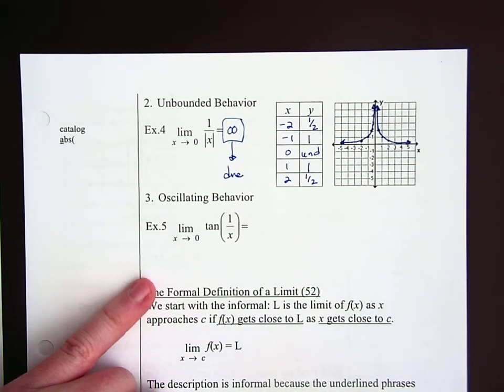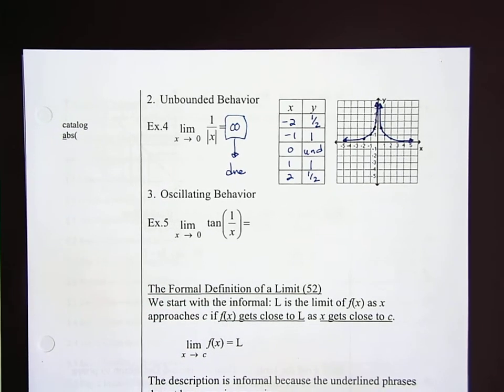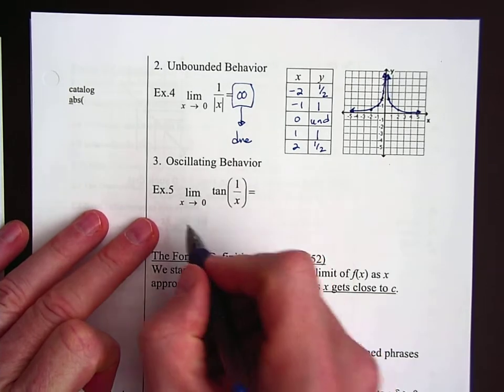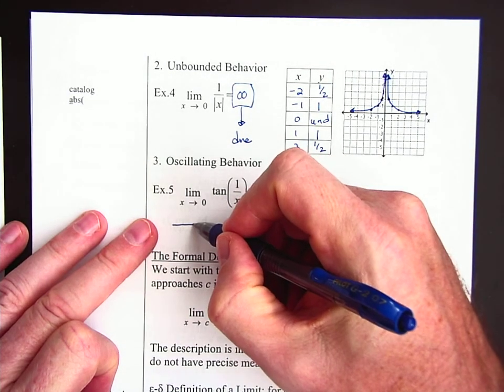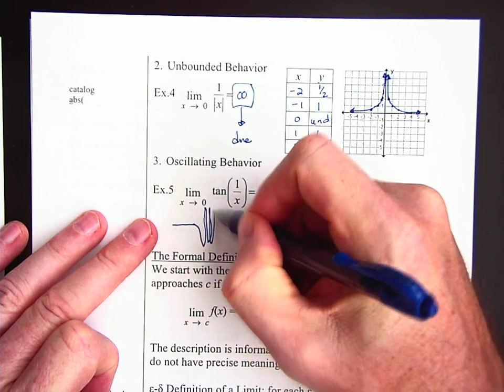Down here, another reason why a limit might not exist is if we have oscillating behavior. Oscillate, it goes back and forth. So I don't want to graph this. We've already looked at the calculator a couple times, but if you graph that, it looks something like this, and then it goes